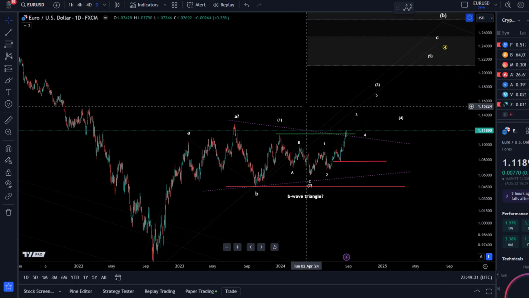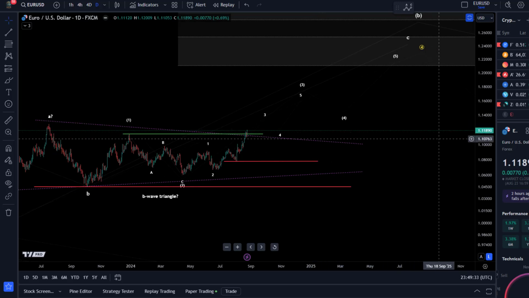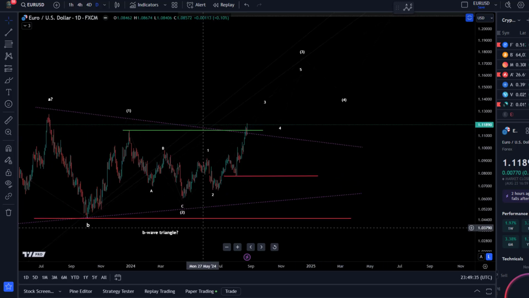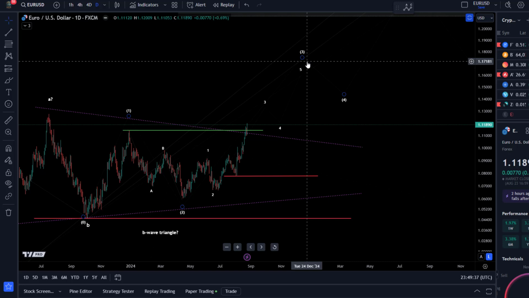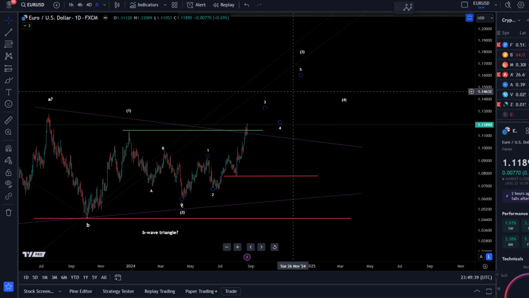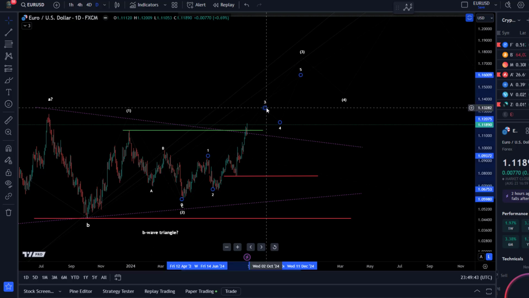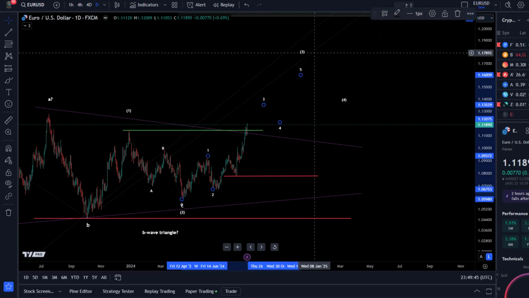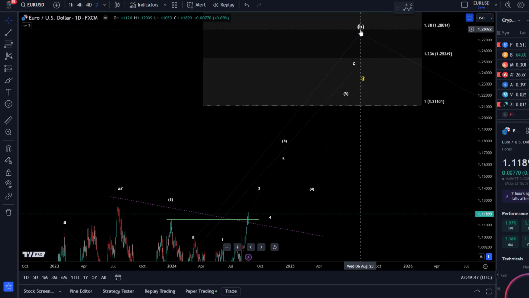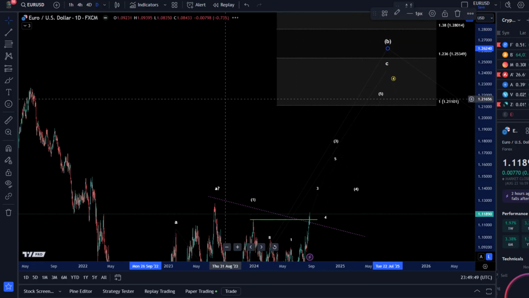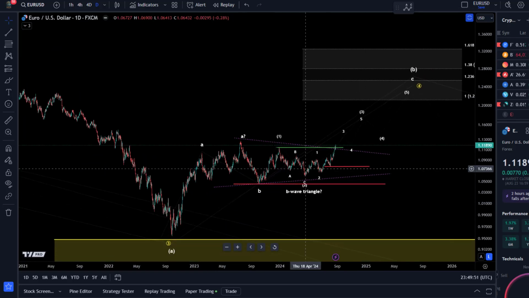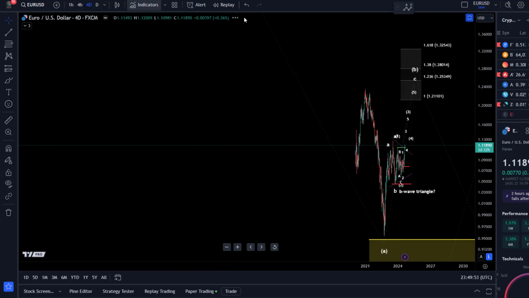Here, looking at the Euro-USD pair, we see further upside, and that's in line with previous updates. The idea is that we are currently moving up in this third wave of a third wave within a larger B wave, for example. This is one idea I have. Zooming out further, maybe we should do that first.